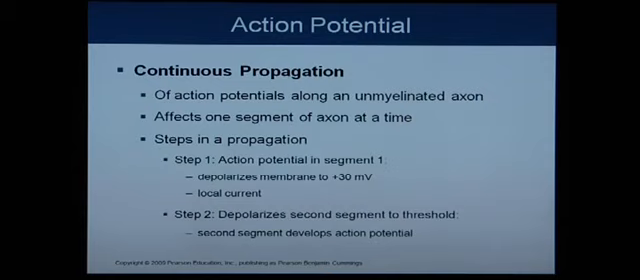All right, so continuous propagation. Continuous propagation of action potentials along an unmyelinated axon. This affects one segment of the axon at a time, and because it's not fully myelinated,